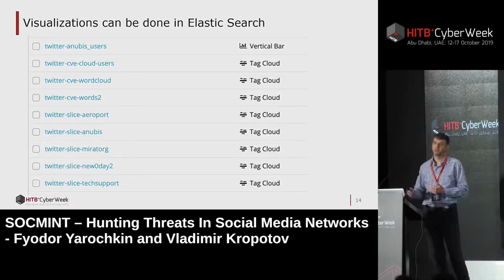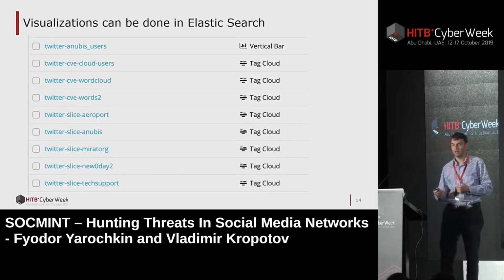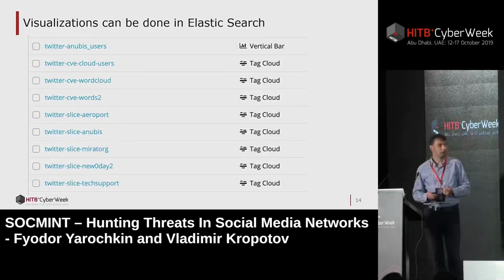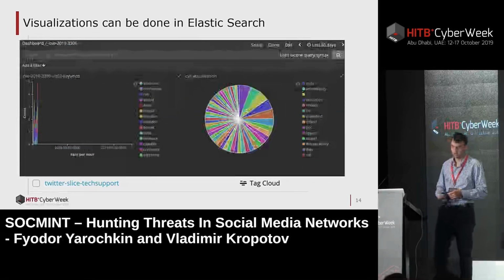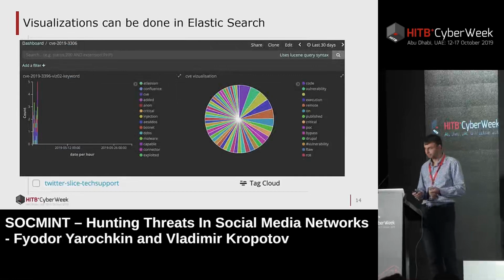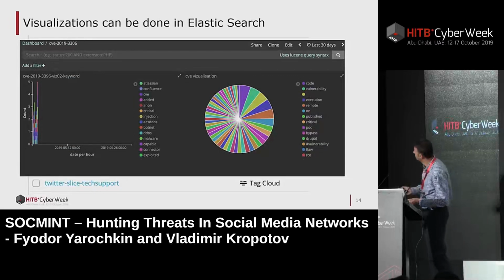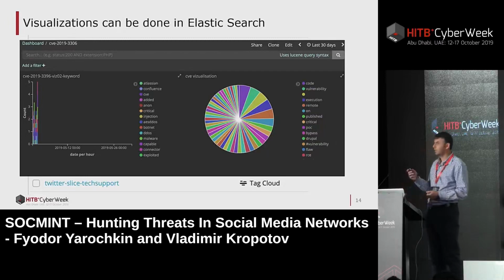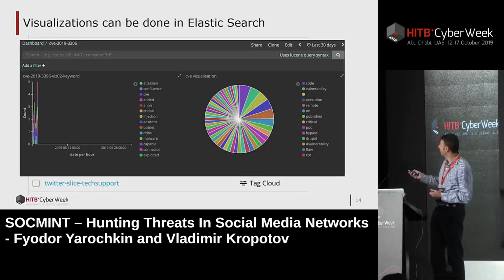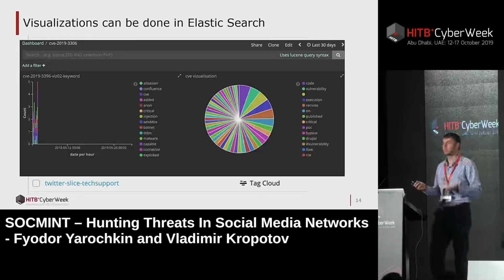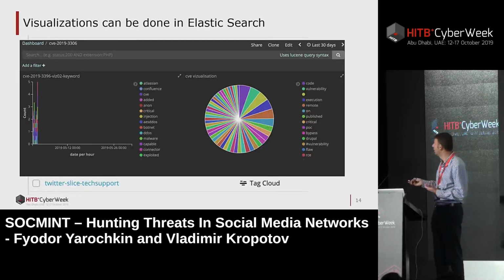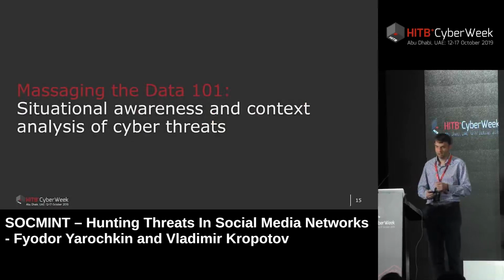Many of the visualizations are done in Elasticsearch using word clouds, and some visualizations are done using Python libraries in a Python notebook. So this is a rough example related to the context of CVE. We can see CVE and the words that describe CVE in a particular period of time. Sometimes it's execution, remote execution, so you can see that it's a remote code execution vulnerability. Sometimes it's bypass and so on. But this is just an example.